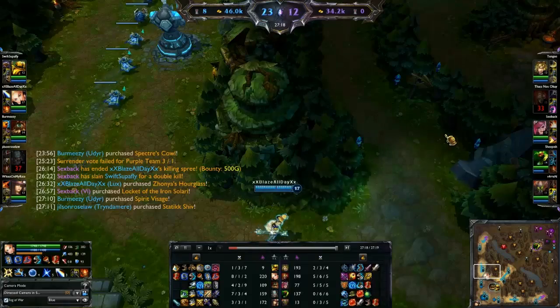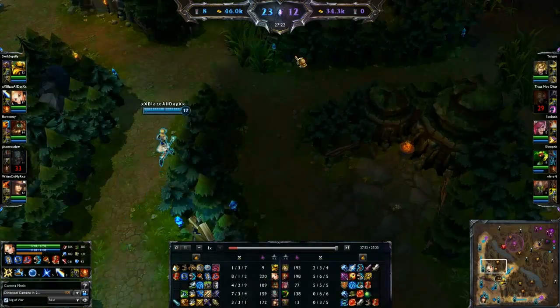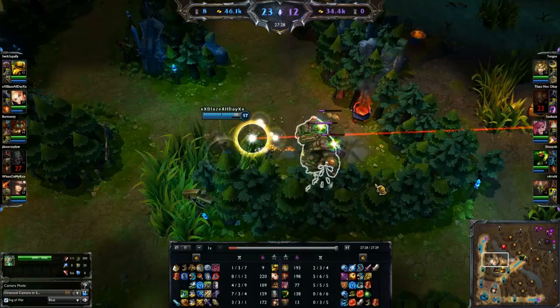A lot of talking. You could easily have 240 CS. Now we went for the Zhonya's. They have a decent amount of attack damage, and it helps because